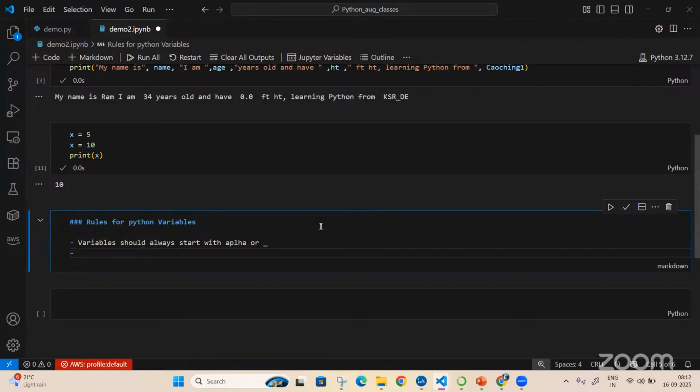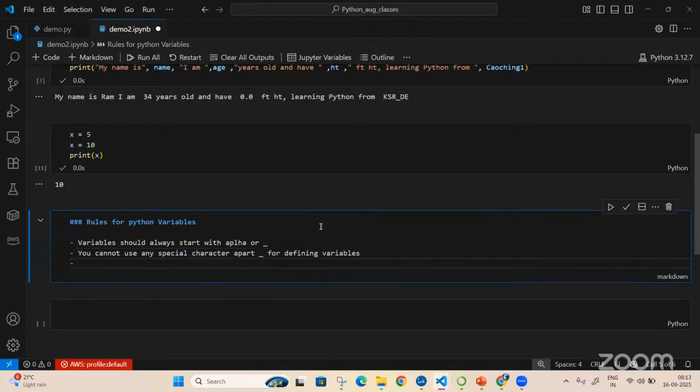Second rule is you cannot use any special characters apart from underscore for defining a variable. Third rule is you cannot start the variable with numbers.